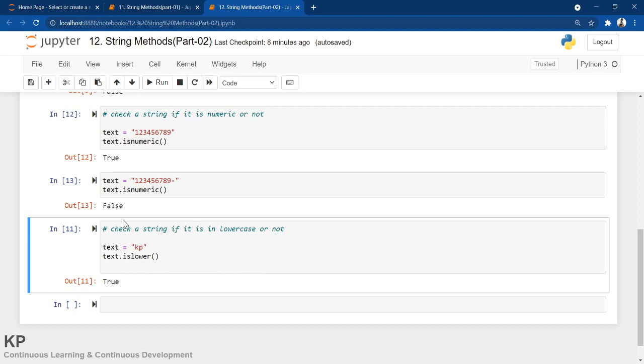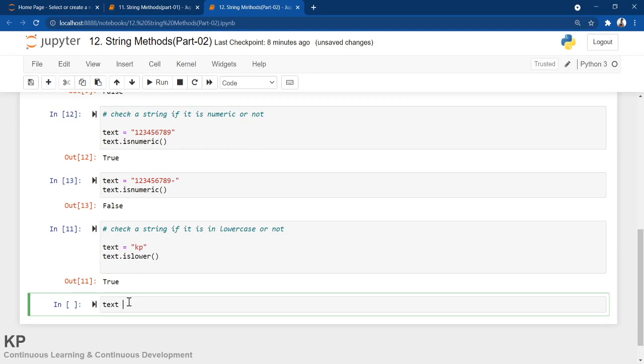Now there can be some string that is not printable. What I mean, let me show you. I am giving text equals to hello, I welcome you to my channel. It's a string, but I want the new line to be printed. It means in the first line hello will come up, and in the second line this statement will come. So for this I can put one escape sequence, backslash n.